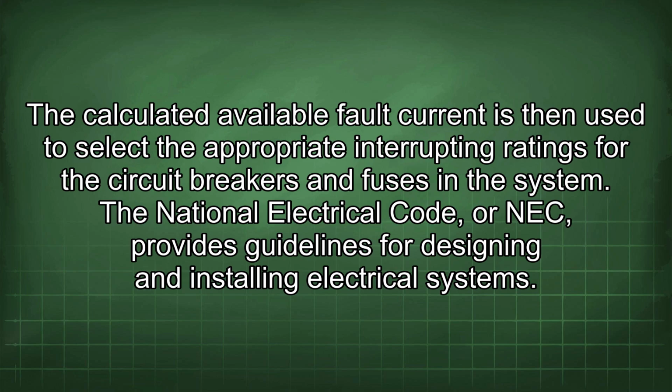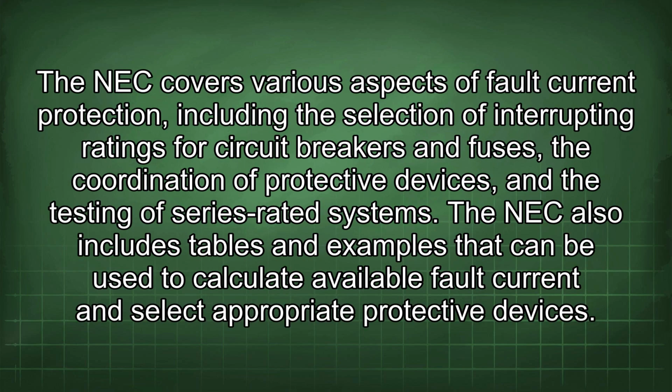fuses in the system. The National Electrical Code, or NEC, provides guidelines for designing and installing electrical systems. The NEC covers various aspects of fault current protection, including the selection of interrupting ratings for circuit breakers and fuses, the coordination of protective devices, and the testing of series-rated systems. The NEC also includes tables and examples that can be used to calculate available fault current and select appropriate protective